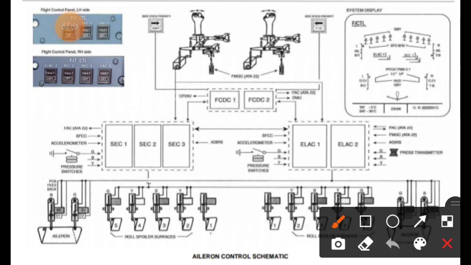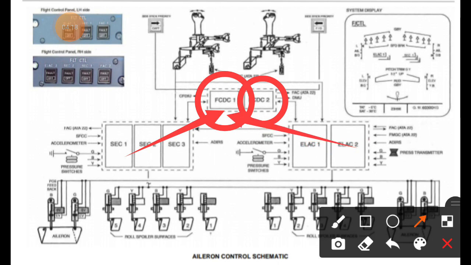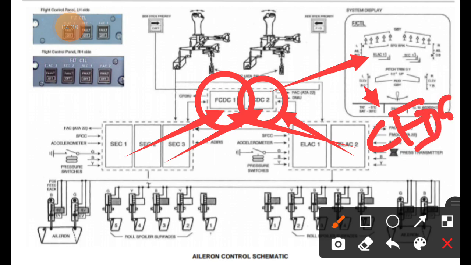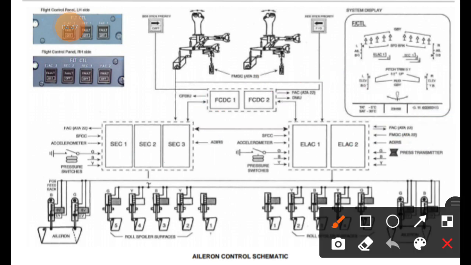And here two more computers are shown, FCDC 1 and FCDC 2. These computers get the signal from the 3 SECs and 2 ELACs, and also the second system's SECs and ELACs. They get this information from these computers, and they store it, and the FCDC sends the signal to the CFDS system. CFDS is the centralized fault display system. So these computers are used, and in ECAM you can see